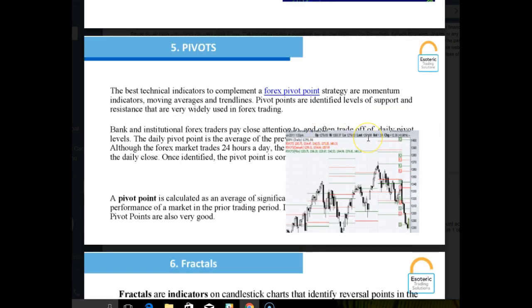I do like pivots. In the Forex market particularly, professional traders, institutional traders use pivots. I use pivots, and there are all different types of pivots, and you can look those up. But essentially, they're basically support and resistance levels. Now, the market very much, in the FX market, foreign exchange market, and I do find it in the crypto market, really trades to these pivot levels.